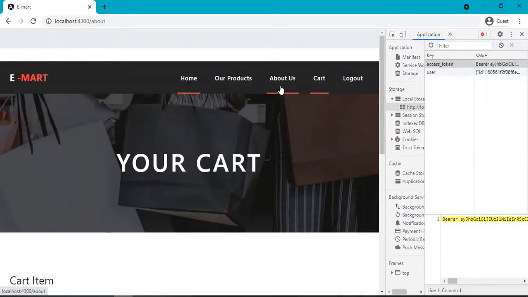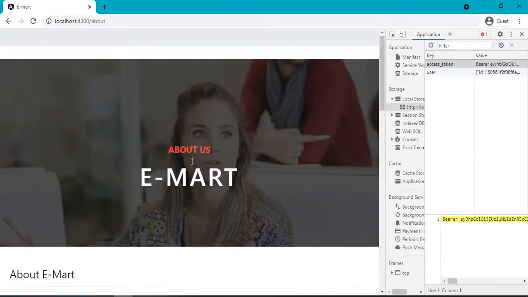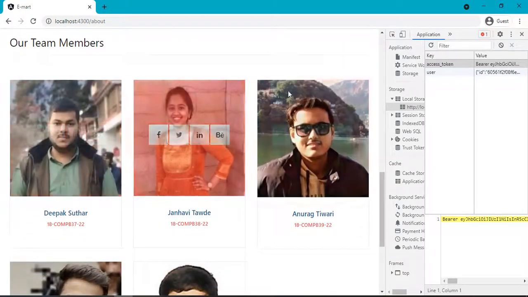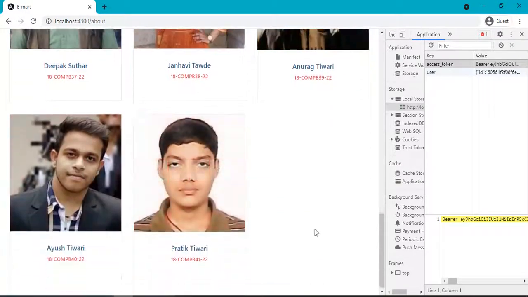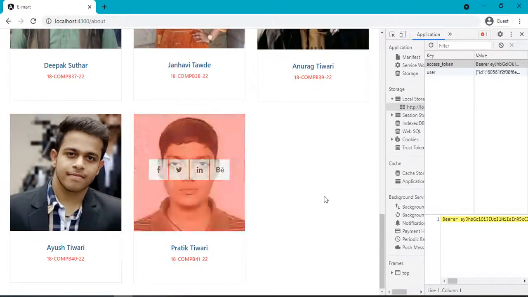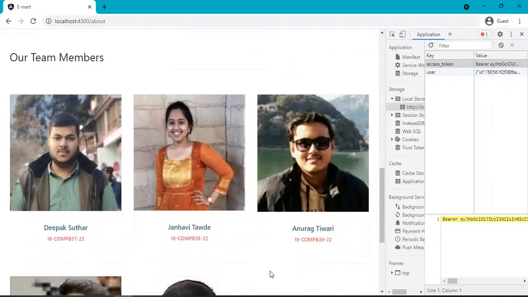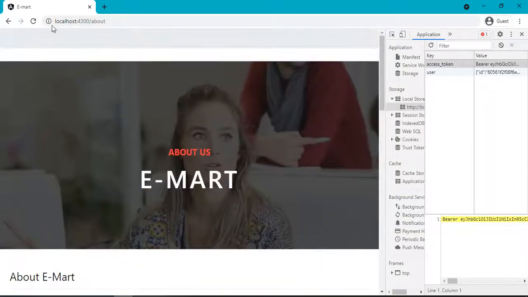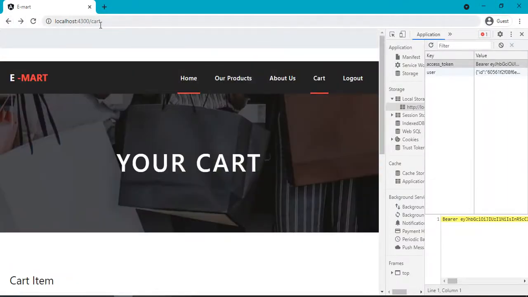So I will tell you more about our team. We have designed the static page just for representing our team members, who have contributed in the project. That's all. Now I am planning to move it to a particular domain. I will be using either Heroku or Glitch to deploy it there.